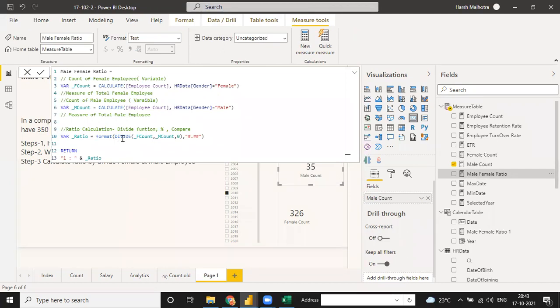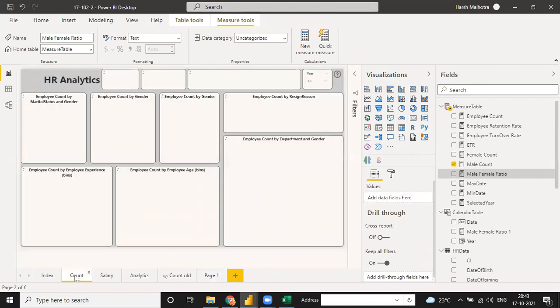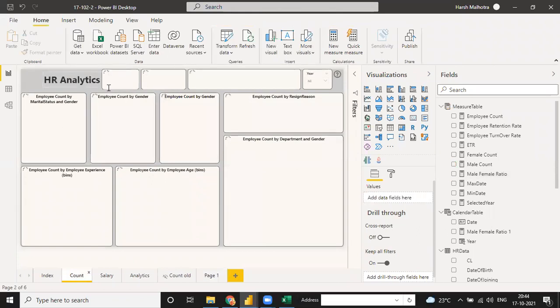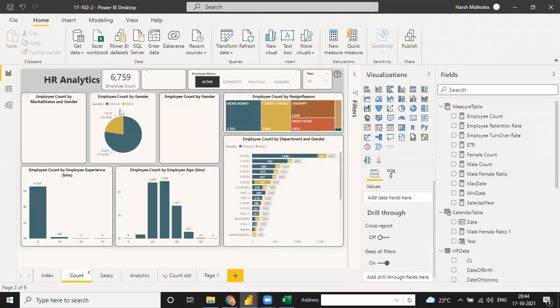But the DIVIDE function gives us the count in a very good way, because the male and female ratio you have to calculate just once only, with no need to calculate for last year or previous year. Suppose in my main sheet, we have just the total employee count and the ratio only, just one time. No need for you to ask me again and again to calculate that kind of ratio for last year, previous year, or last 5 years.